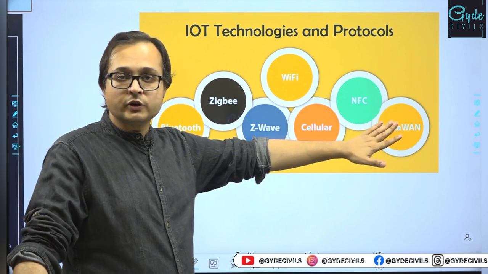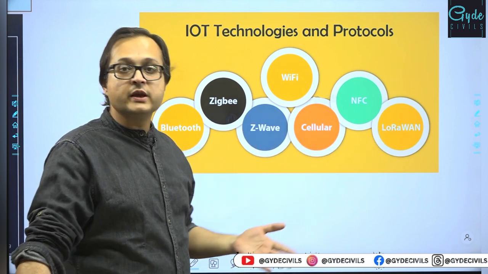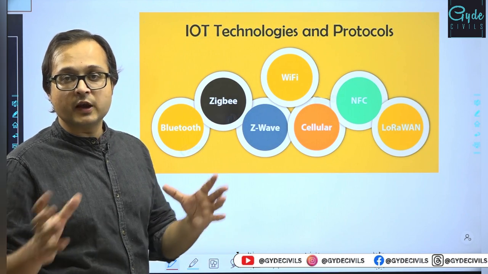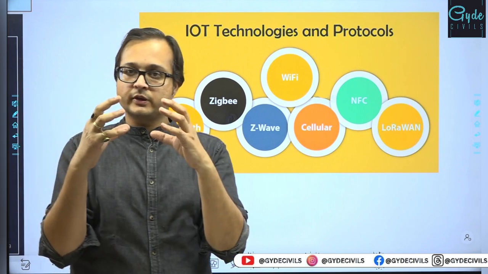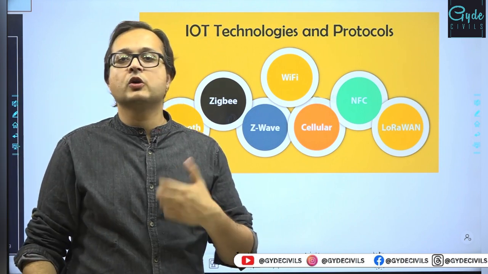LoRaWAN, this is a new connection which is generated over the radio waves only, right? There could be Ruby, which is also generated. These are all the major technologies based on which the communication between the network is generated, and the devices are connected together with these. Personal area network is created, and then they are connected to a local area network where